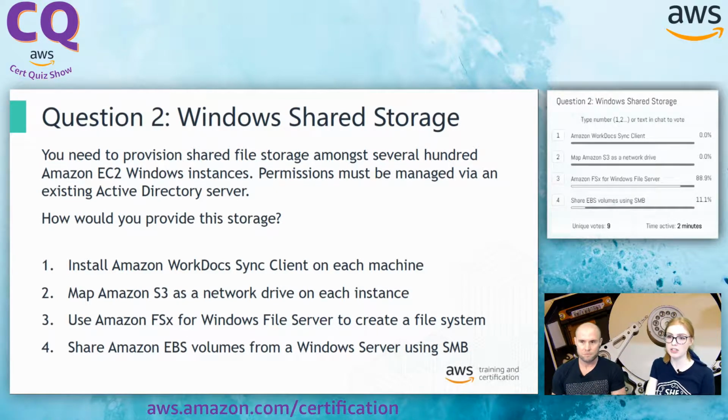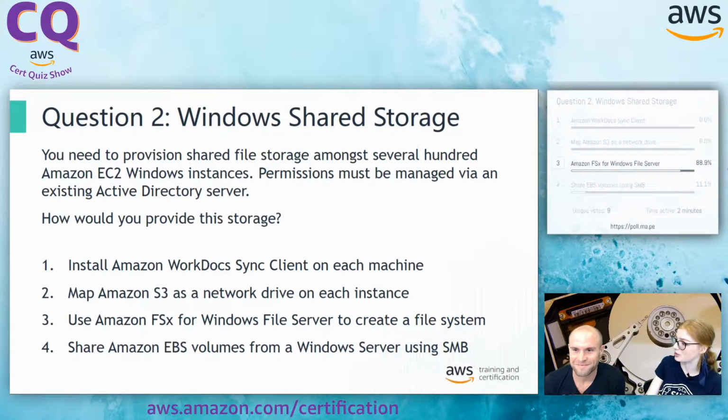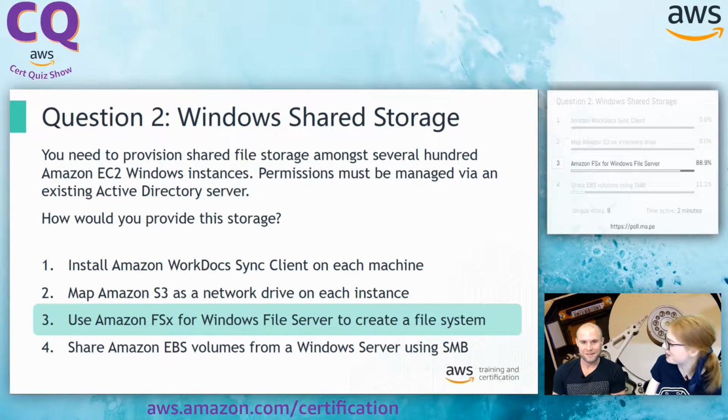100%. Oh, it's gone down actually. It's now back to 8. I don't know what you did there, but you confused a few people while talking. Number 3 is... But we got there in the end. All right, let's try for 100%. Everyone, remember to vote